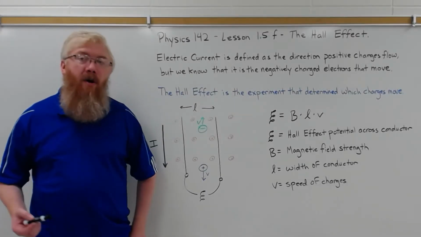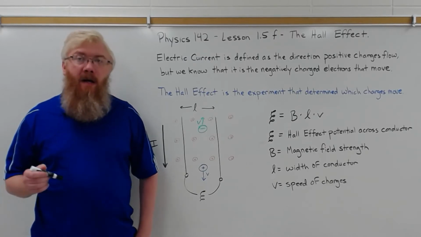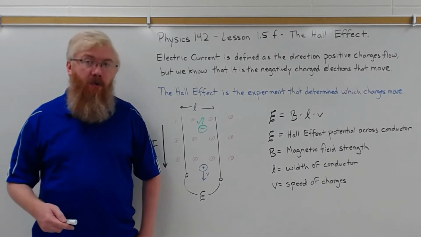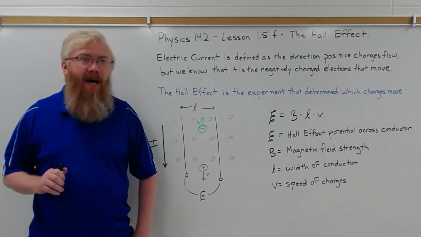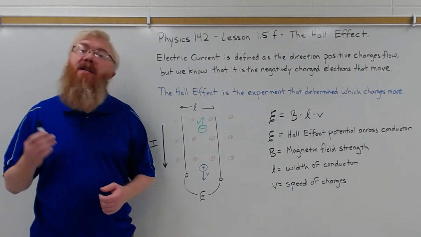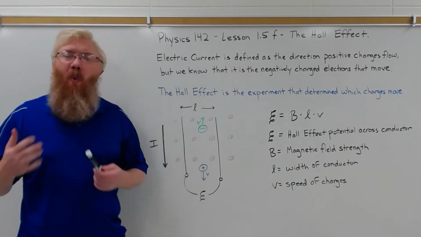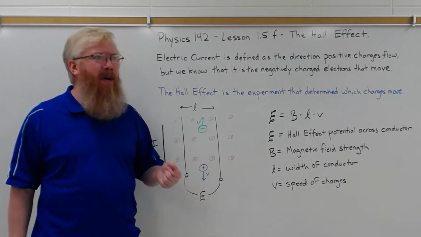So electric current we've talked about in the past. Electric current is the direction that positive charge flows. But we also know today that positive charge doesn't move in a conductor. It's the negative charge that moves. It's the electrons. So why do we define current as the direction of positive charge moving when positive charges don't